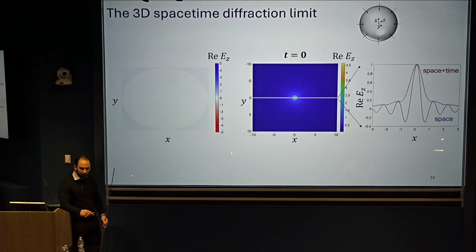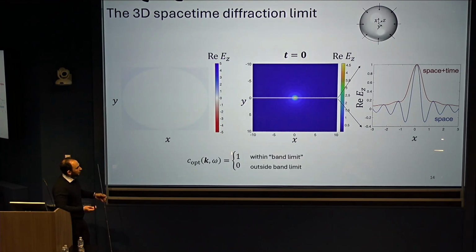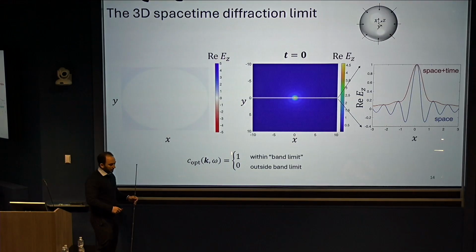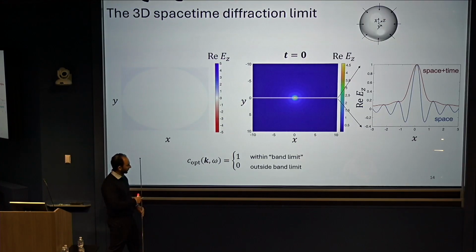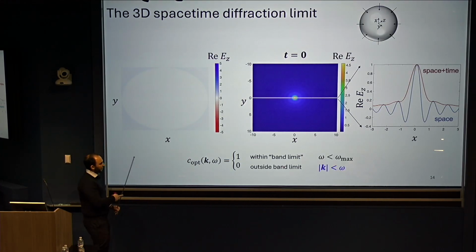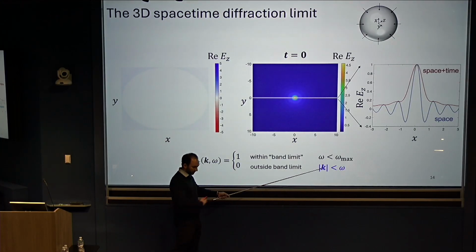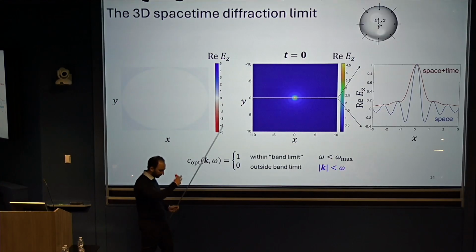The reason for that, which is a little bit strange, maybe: space and time are not conjugate variables. There's no uncertainty relation, where if I concentrate in space, I can't concentrate in time. But causality says that all of propagation must occur within the light cone. And so what that means is that when I choose the optimal set of coefficients for my wave numbers and frequencies, I have to satisfy not only some limit on my temporal frequency, but then all the wave numbers for these to be propagating waves have to change as a function of frequency, their upper limit.